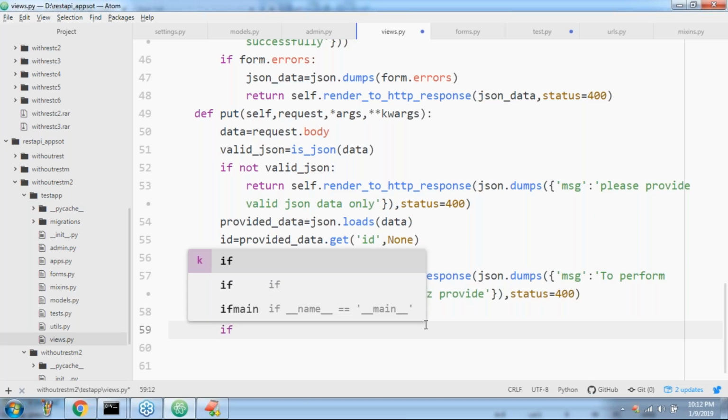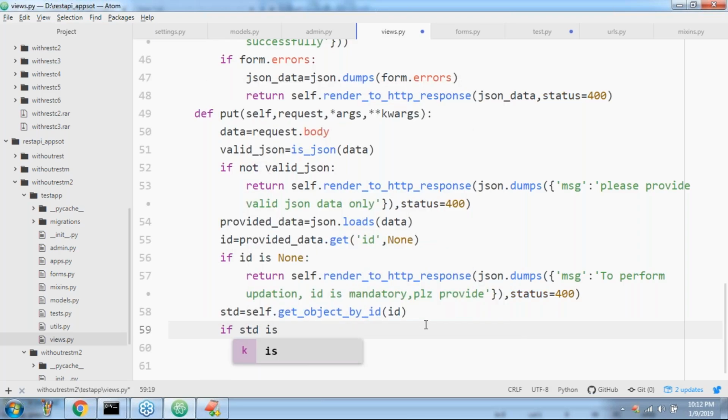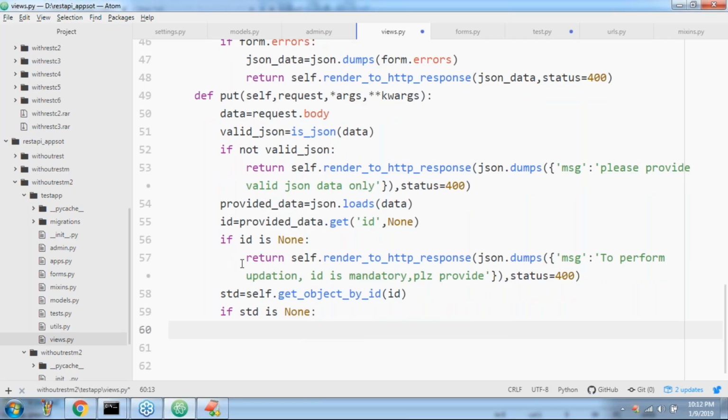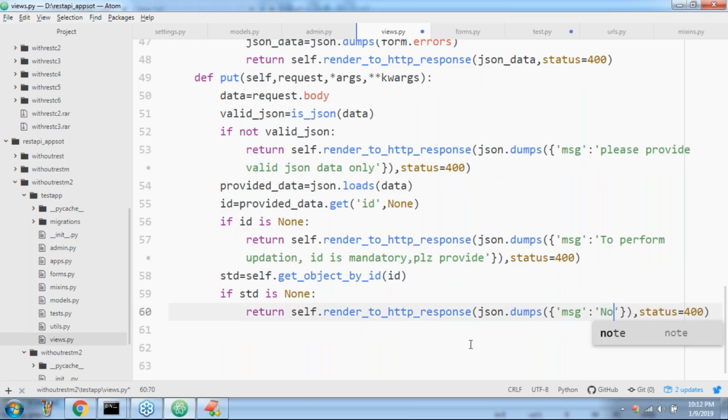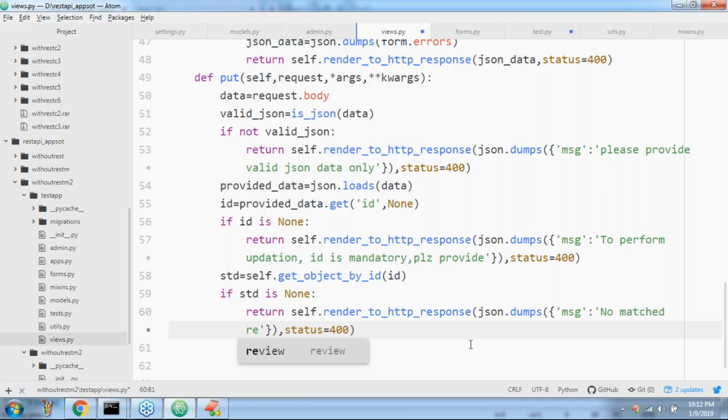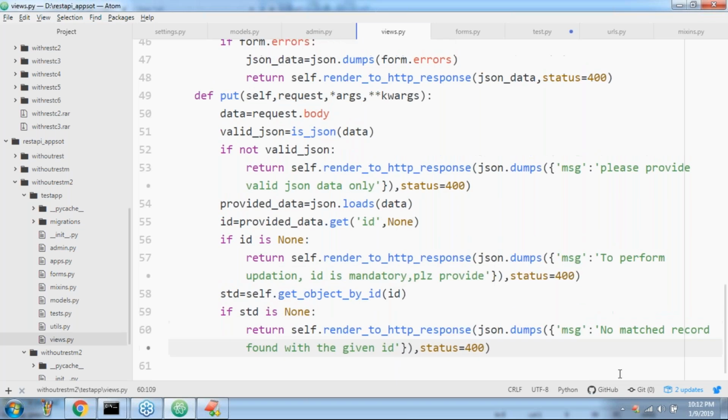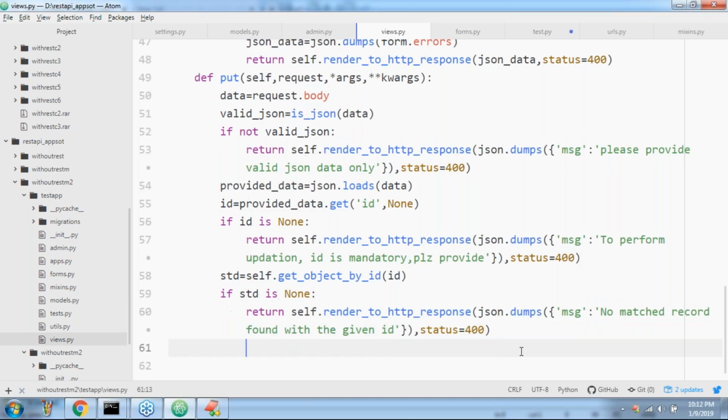If std is None, what I want to do here is very simple, sir. Return JSON: no matched record found, or resource found with the given ID. Sir, are all the people in a position to understand? Please confirm.